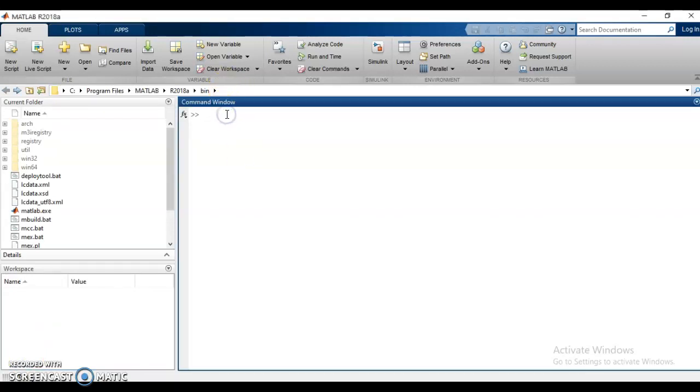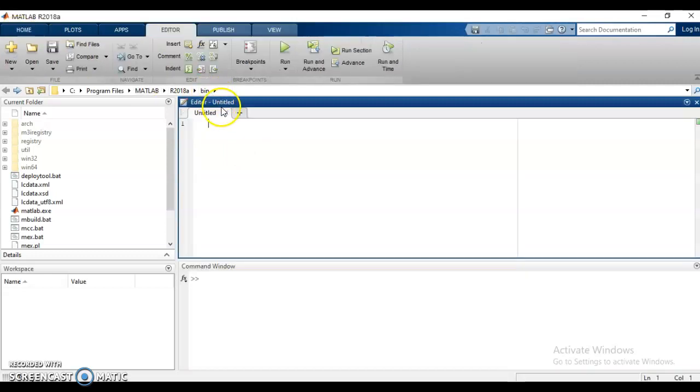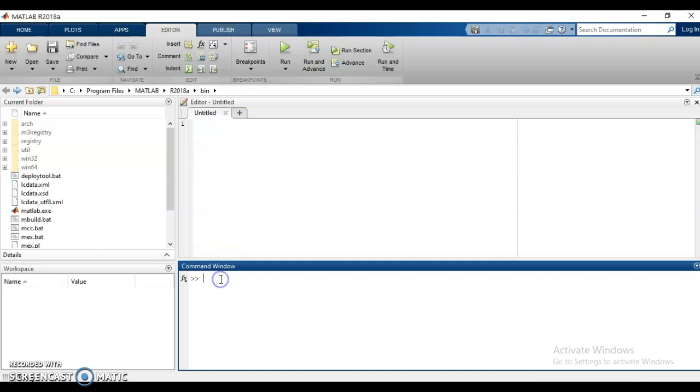Now let's make a new script, and it opens up an editor window where you can write all your code at once and manipulate it. For the command window, like we did previously, if we want to define a variable a, let's say I define a is equal to 1. As I write a is equal to 1 and press enter, it executes the command that I have written.